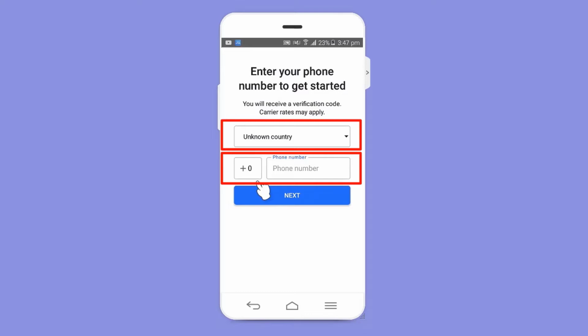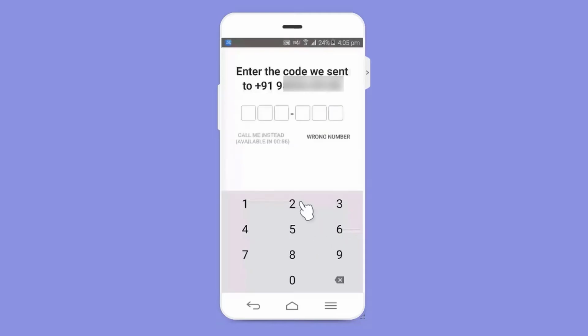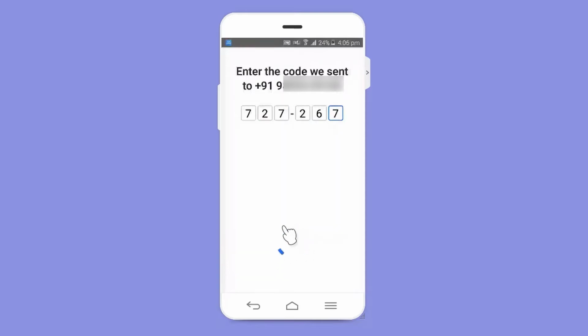And here you want to write your country code and your 10-digit phone number. After writing your phone number, just click this proceed button. After that, just wait a few seconds. They will send you a verification code or an OTP code, and here you want to type your OTP code. After that here you can see it processing. Just wait. These methods are the same as in our WhatsApp application.